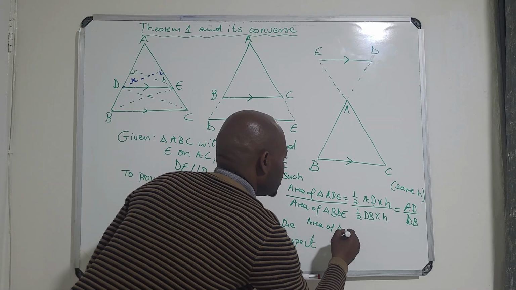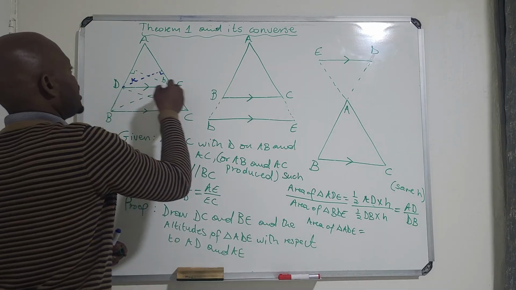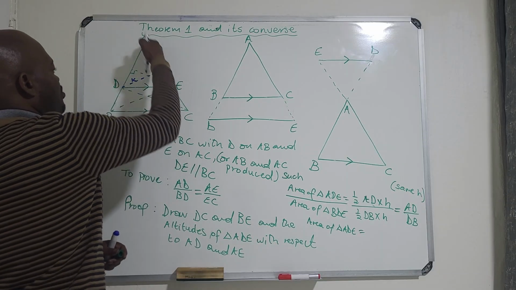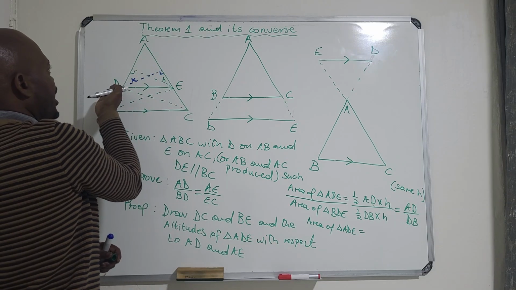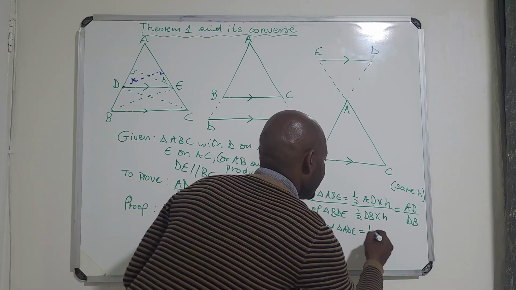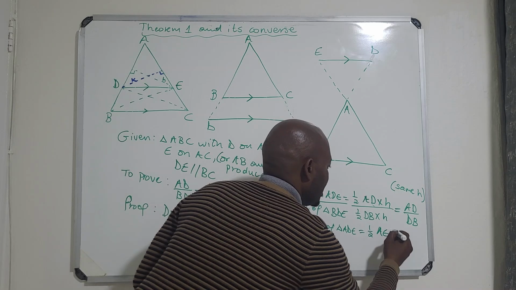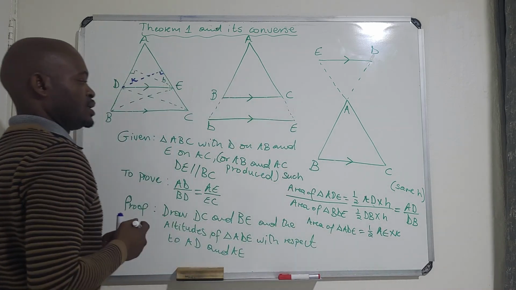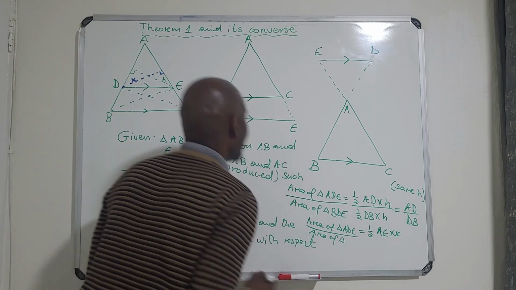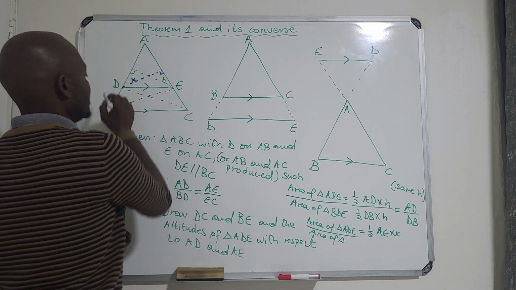Now, we also need to find the area of triangle ADE, but with respect to the other height. Therefore, obviously our base is that, there's our height there. Therefore, area of triangle ADE is equal to half, our base is AE, times our K, which is our height, over area of triangle DEC or CED,